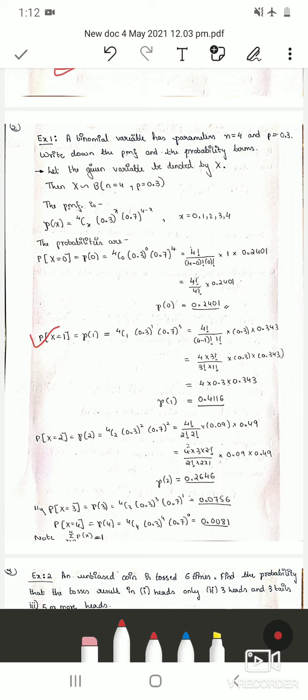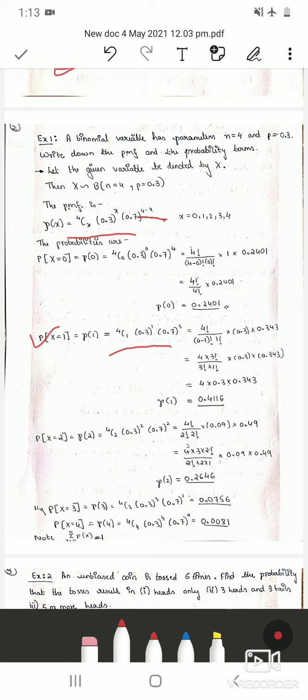So wherever x is there in the PMF, substitute x as 1. Therefore we will get 4C1 into 0.3 raised to 1 into 0.7 raised to 3, that is 4 minus 1 is 3. So now again calculate the combination. So 4C1 is 4 factorial divided by 4 minus 1 factorial into 1 factorial, into 0.3 into multiply 0.7 3 times, we will get it as